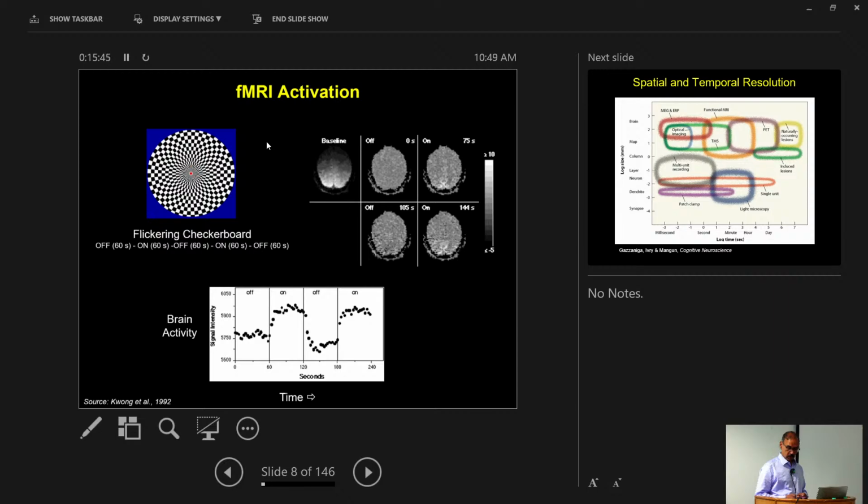Again, during off condition, back to baseline condition, again during on condition, the signal goes up. So when you perform different tasks, then in specific brain regions which are involved with the task, there is an increase in signal